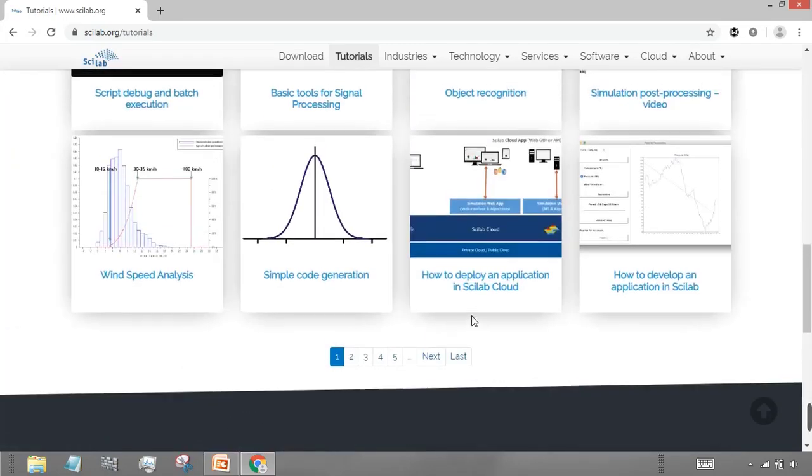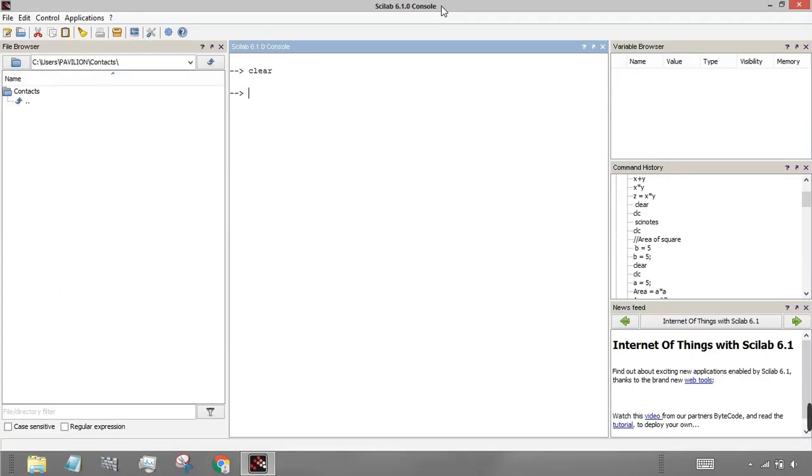So we will see the user interface when you download the file and install it. So just open the software. So this is the user interface of Scilab. We will explain each and every part. On the left hand side you will get the file browser. It shows you the current working directory. So from this left hand side you have to select in which working directory you want to work. From this the files will be accessible in the software.